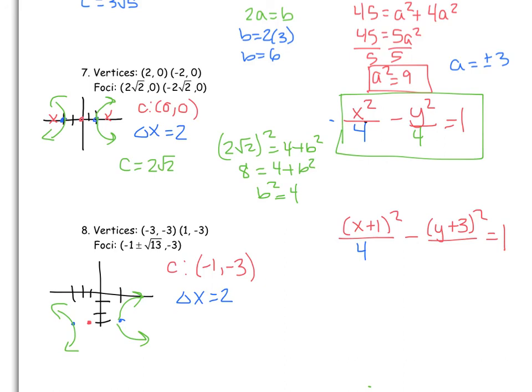Now I'm just going to do that same thing. My foci are at negative 1 plus or minus root 13 comma negative 3. So again, you probably could have looked here to be able to find your center, negative 1, negative 3. That also makes it a little bit easier to find c, the distance from the center to the foci, being root 13. So then I plug it in, c squared is a squared plus b squared, root 13 squared is 13, subtract the 4, and you're going to get that b squared is 9. So underneath y I plug in 9,